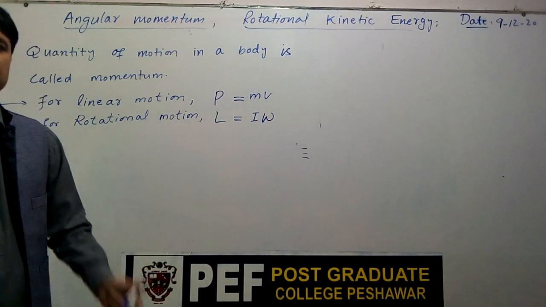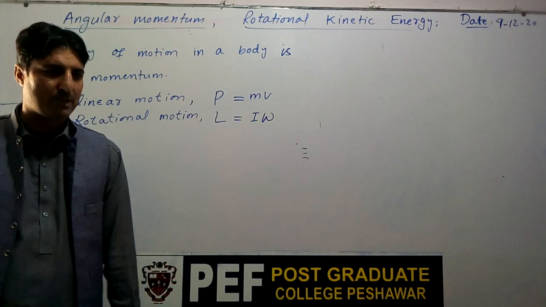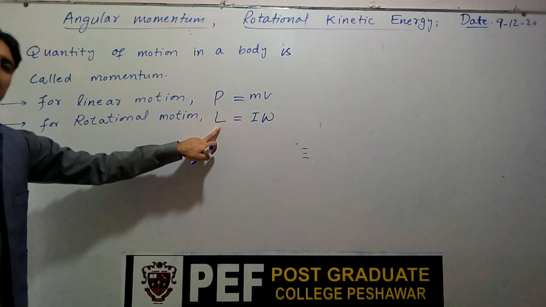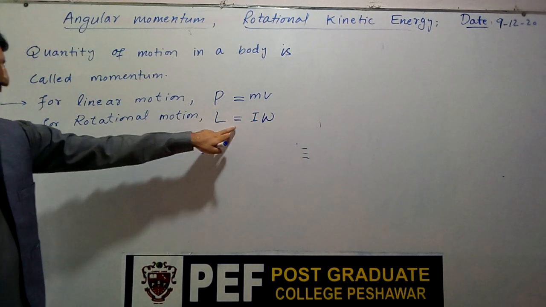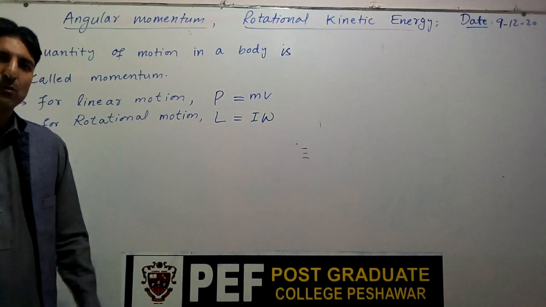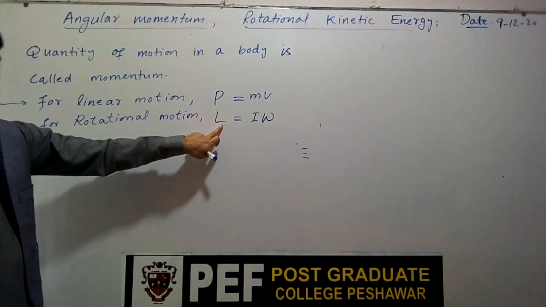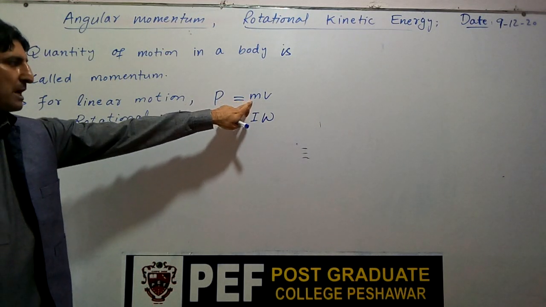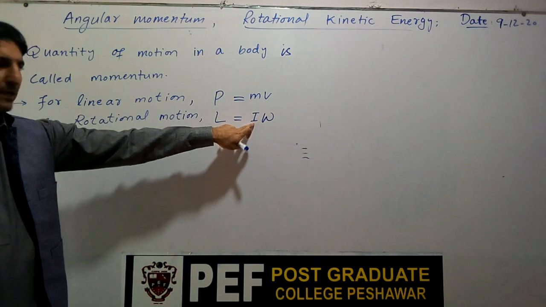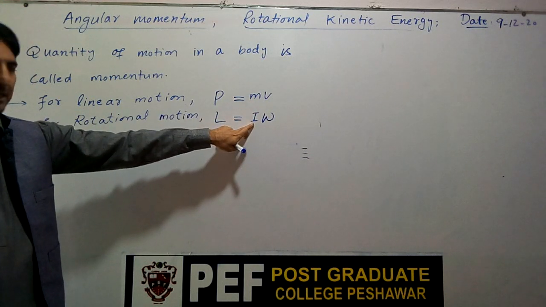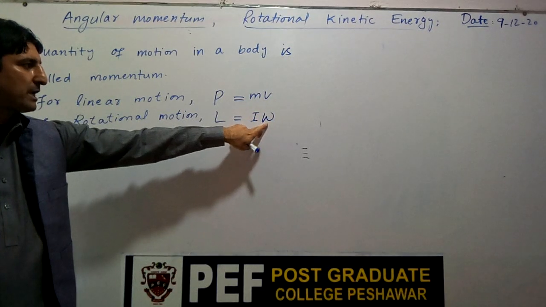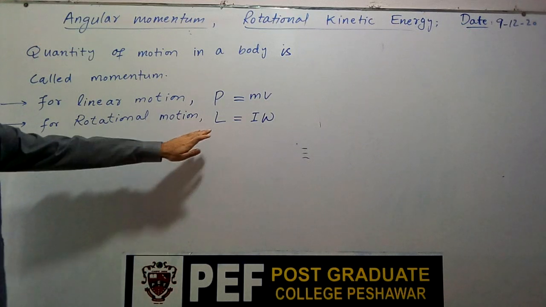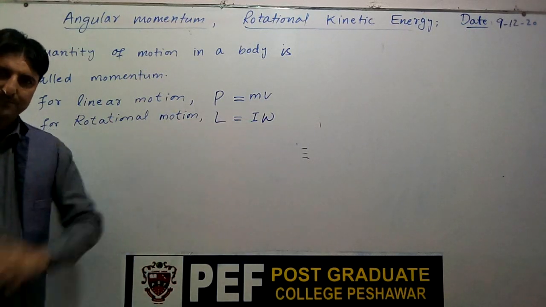Now if the motion is not linear, say suppose the motion is rotational, what will happen? Then for rotational motion we have rotational or angular momentum, which is given by L equal to I omega. Or in simple words, we can transform this equation to angular form. P is replaced by L, which is angular momentum, m is replaced by moment of inertia I, and V is replaced by angular velocity, which is omega. Now for angular momentum we have this equation L equal to I omega.